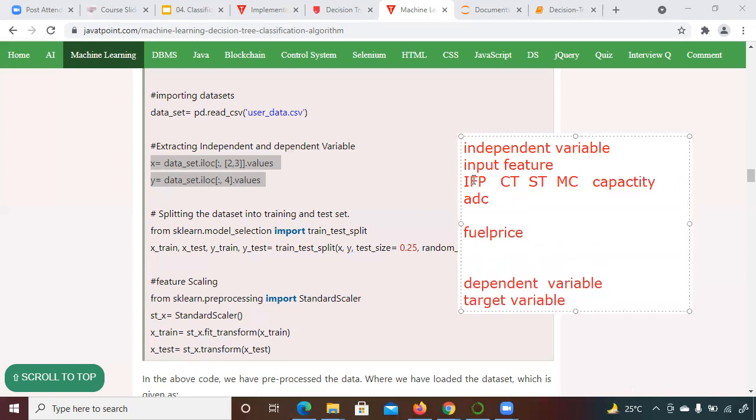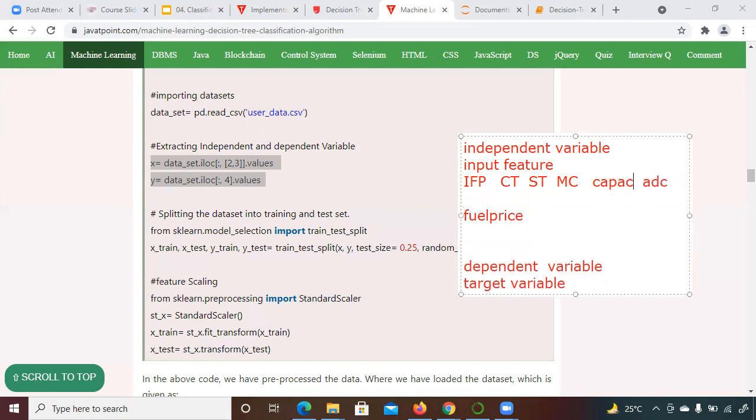IFP, international fuel price, country tax, state tax, market condition, and fuel capacity, or you can say fuel production or availability of production. And ADC is administrative cost, right?